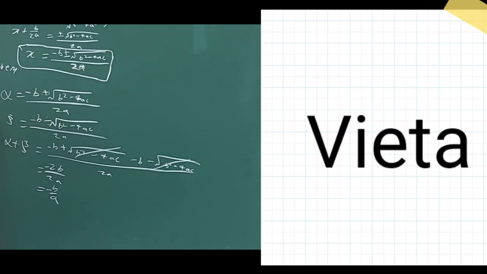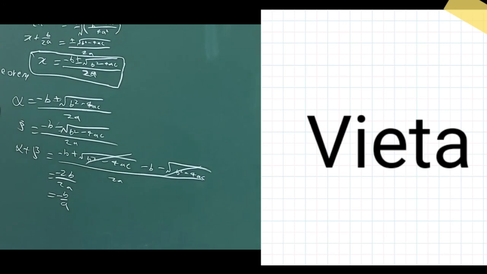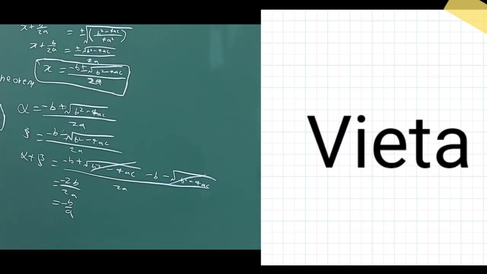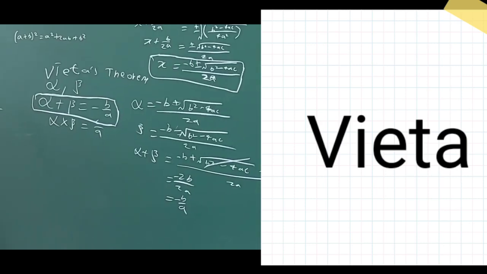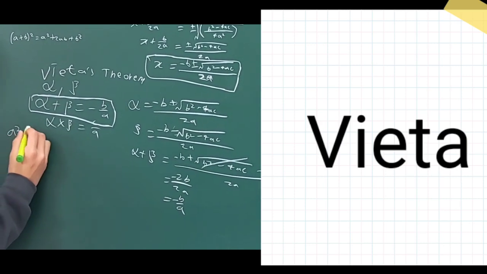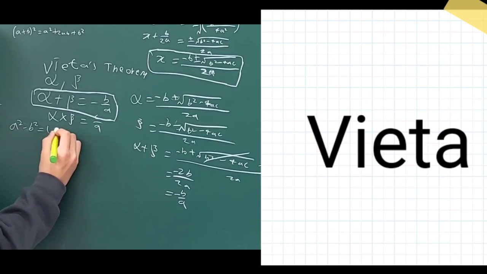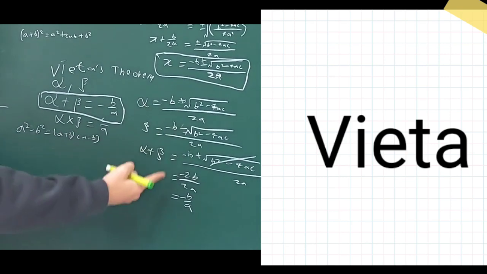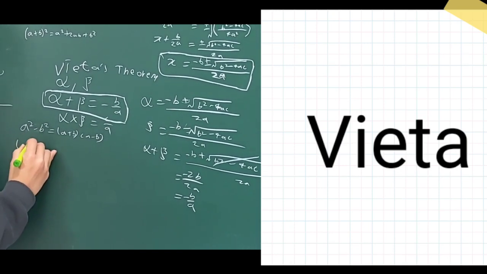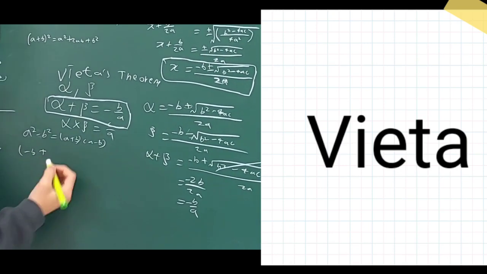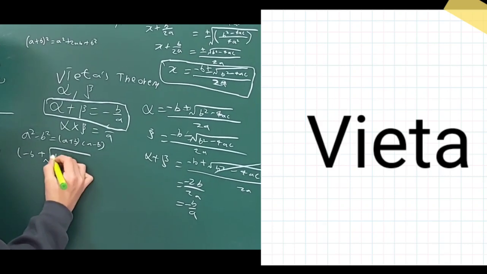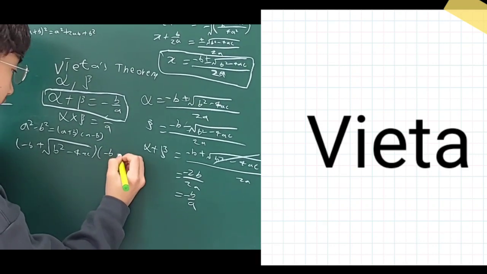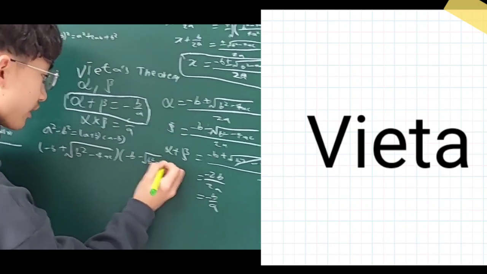So this is very basic Vieta, so I think it's very useful to know. And when I multiply these two, you need to know that a squared minus b squared is equal to (a plus b) times (a minus b). By using this property, I want to multiply these two. So negative b plus the square root of b squared minus 4ac, times negative b minus the square root of b squared minus 4ac,